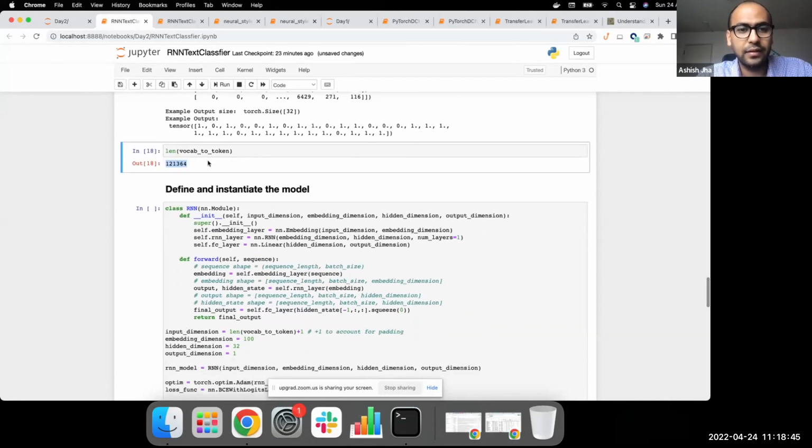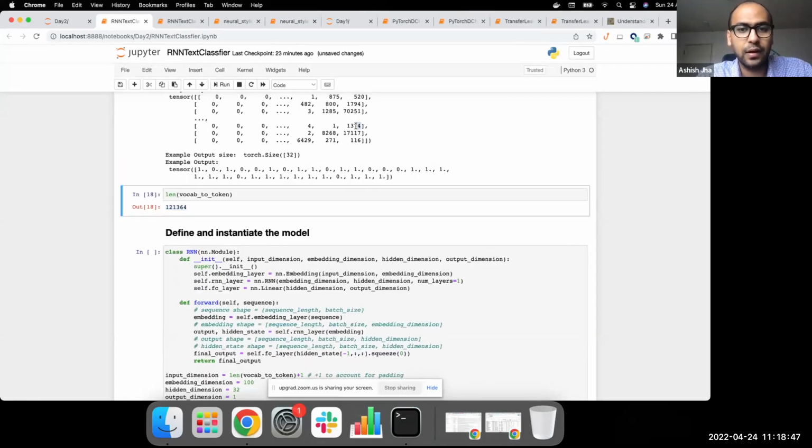So when these numbers are fed to our model, we are not going to feed them as they are, but first we are going to one hot encode them into these many dimensions.